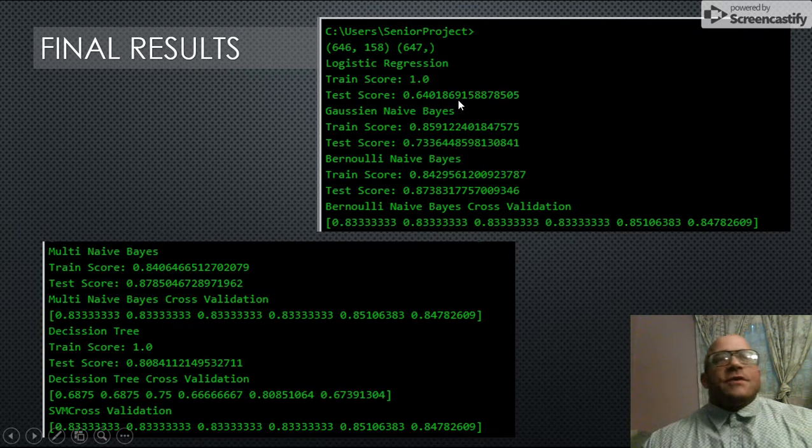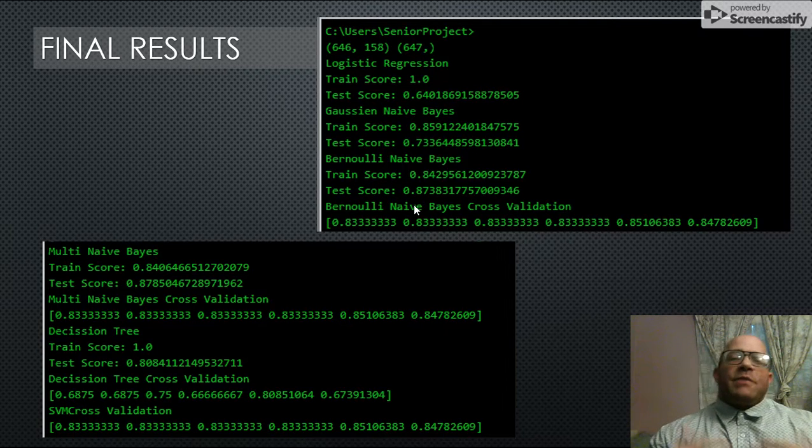The logistic regression was still at 65, but the Gaussian naive Bayes came up to 73. The Bernoulli went up to 87. I then, at that point, felt confident to go ahead and implement the decision tree and the SVC cross-validation technique in order to go ahead and verify these findings.